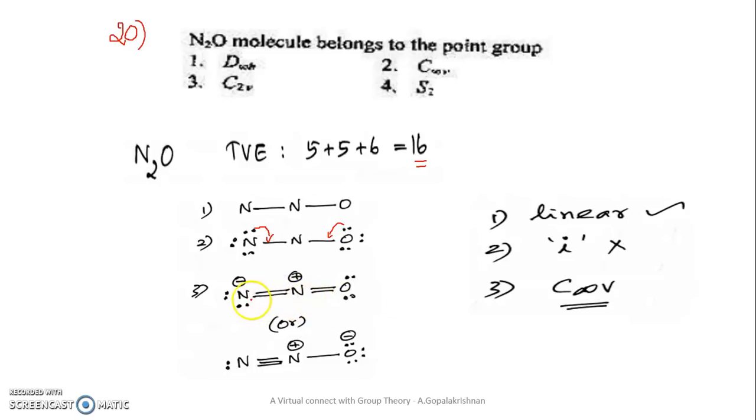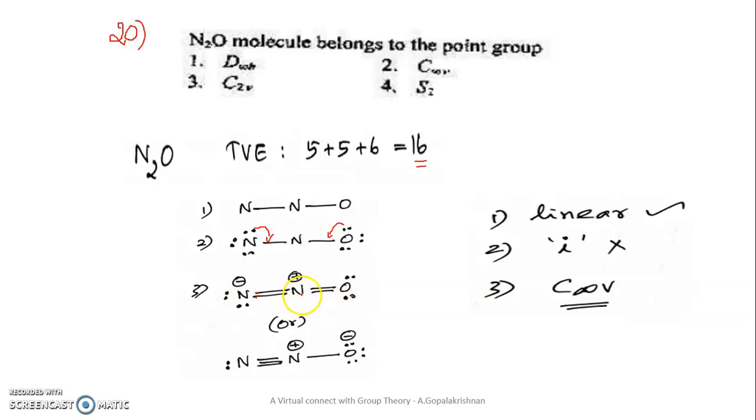Now if you calculate the formal charge of this nitrogen is -1. Why? Because in each bond this nitrogen contributes 1 electron. So 1 plus 1 2 plus 2 4 plus 2 6. So nitrogen atom has 6 electron. You know very well, valence electron for nitrogen is 5. Since it has 6 electron, it should carry a formal negative charge. Similarly, see this nitrogen contributes 4 electrons to the bonds, but nitrogen valence electron is 5. Now this has 1 electron less, therefore it should carry a positive charge. Are you able to understand? So this is the structure of N2O.